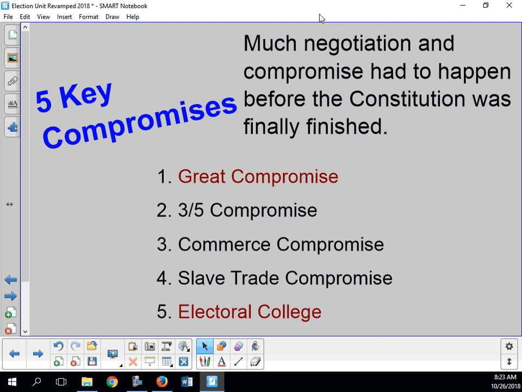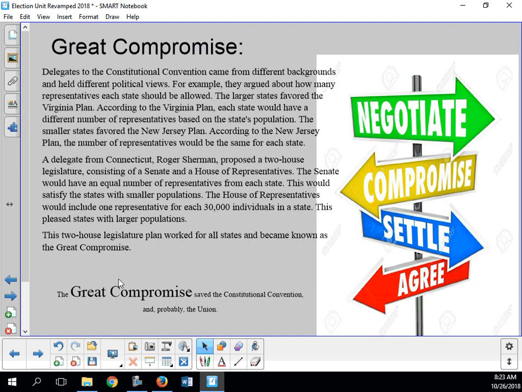Okay, I don't hear anybody typing, so my assumption is you got it. Okay, so we've got these five. We're going to begin with the Great Compromise. I just need you to have a general idea about the Great Compromise. No, you don't need to write all that. That's as much for me as for you, so I remember how this goes here.